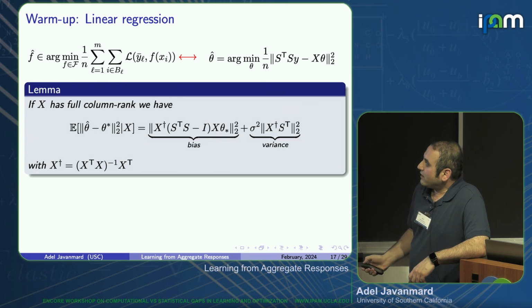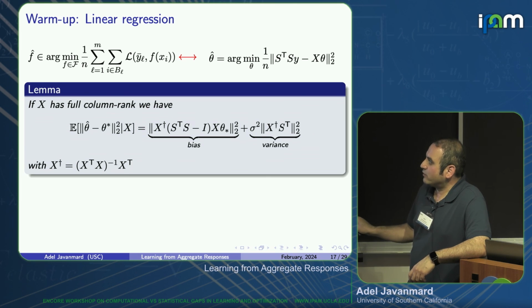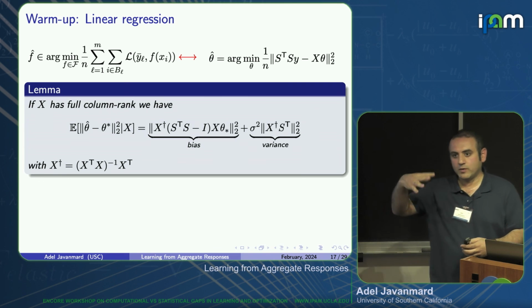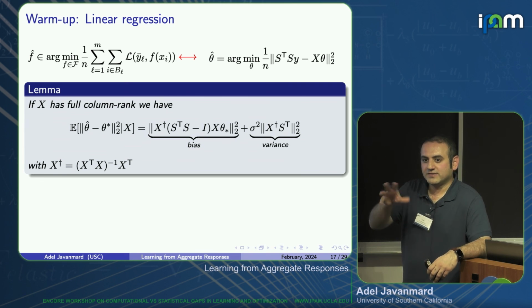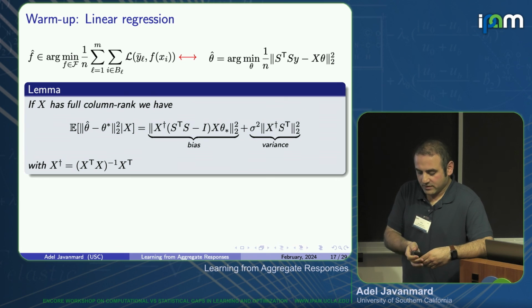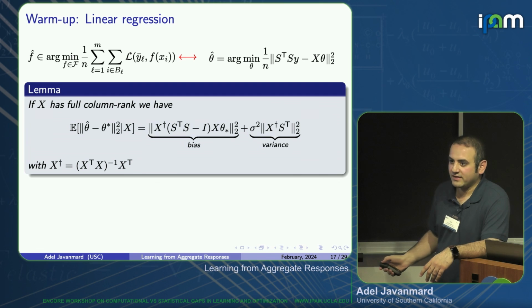Okay. So for the linear model, you have this exact bias variance decomposition. And in principle, what we need to do is to optimize over S here. Try to minimize the risk over the choice of S. So S has some specific construction. It should be of the form of what I said, the projection matrix with 0 and 1 over root B_l type of thing. But given those constraints, you want to, in principle, minimize this risk over the choice of S.